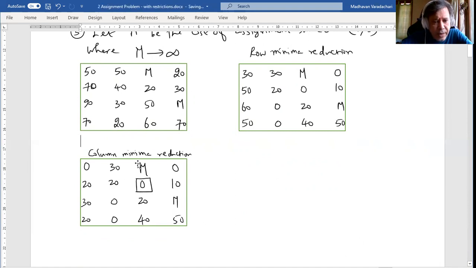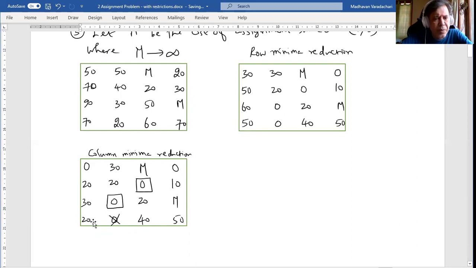Then you check whether there is any other zero present in this corresponding column. Nothing is there, means leave it. Third row, is there a single zero? Yes, you assign it. Since you assigned that, any other zero present in that column needs to be crossed. I am crossing this. Third row, there is no presence of zero, so you have to ignore it.